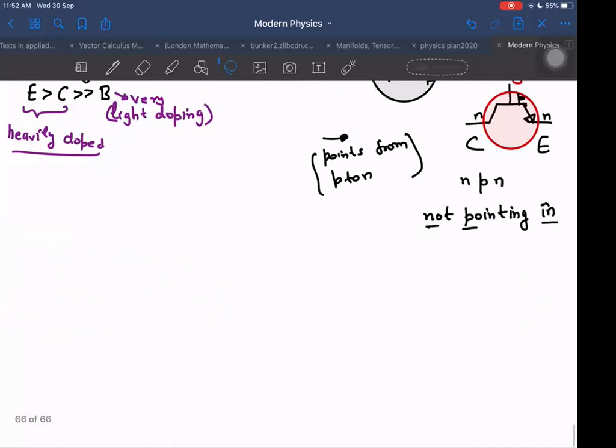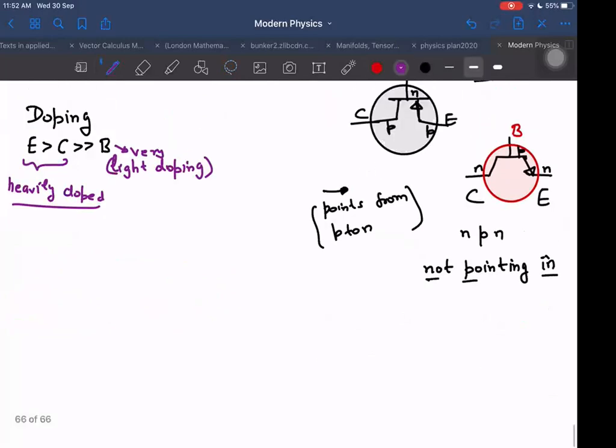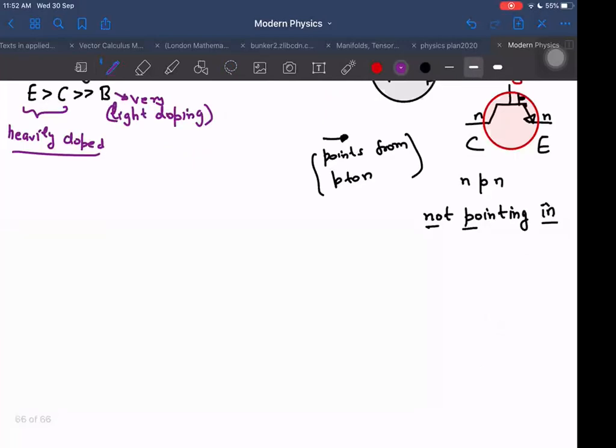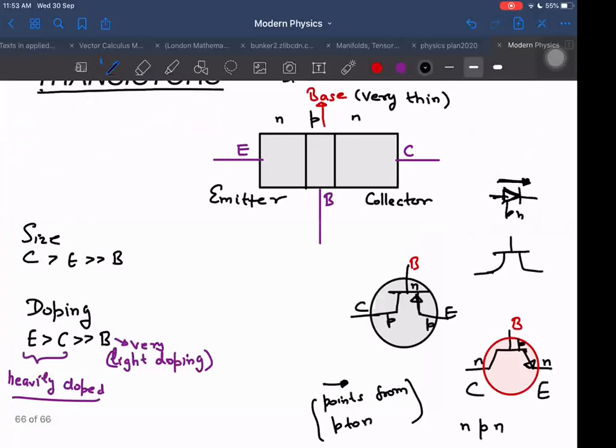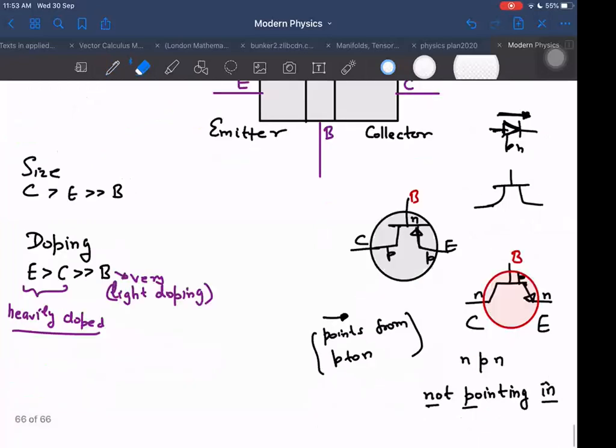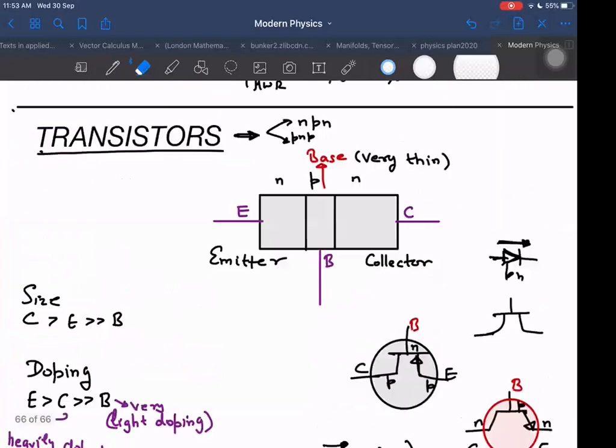Now, biasing. Before we start discussing its functioning, we should know in how many ways we can arrange the connection. Now, you know that there are 3 points where we can connect some external wires. So I can connect in 2 points and I can connect in the other 2, or I can connect in these. So there are multiple ways to connect. And because there are several ways to connect, we will be getting different scenarios, different things will happen depending upon how we are connecting.